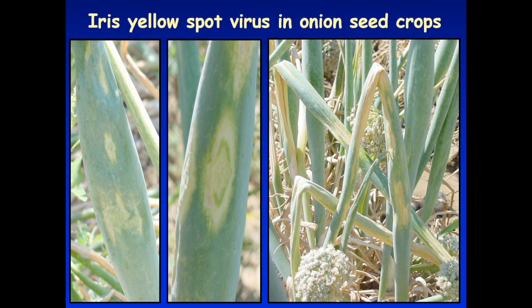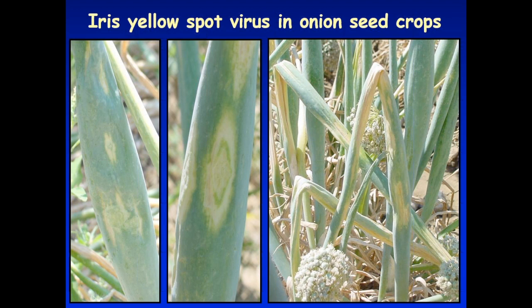If you're hand harvesting your seed crop, it's not as bad. You can come and pick up that seed stalk and cut the umbel off. But a lot of onion seed crops are machine harvested, and those will not be picked up by the machine. And that's where we see literal wipeouts, 20 acres of an onion seed crop just under 2 weeks before it was supposed to be harvested. And this is pretty devastating.